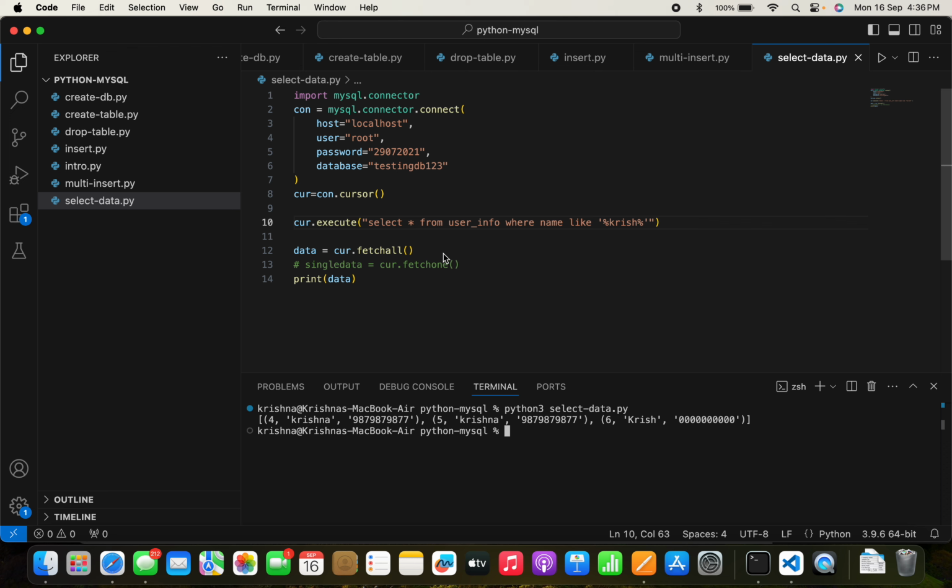We have already fetched our values, which contain Krish value in the name column. So let's just work with that. Now if I want a descending order based on the ID column, this one, I want the 6 ID first, then 5, then 4th. In that situation you have to just write ORDER BY in your query